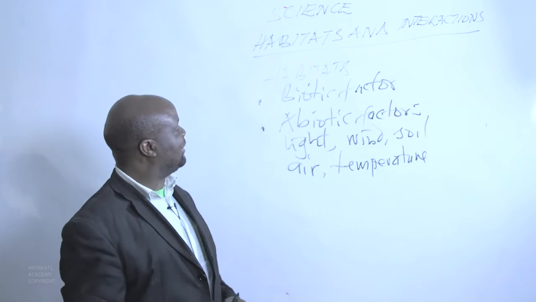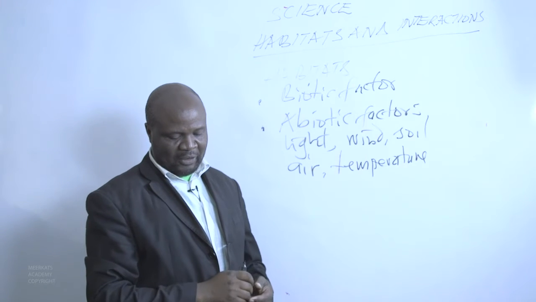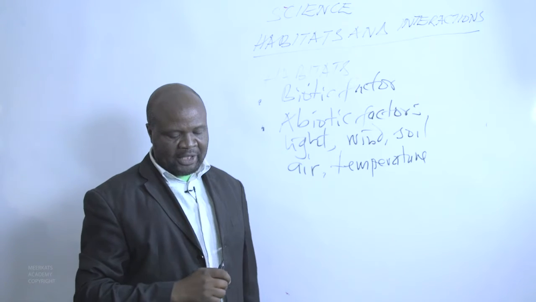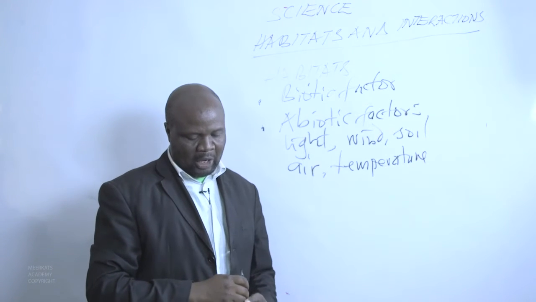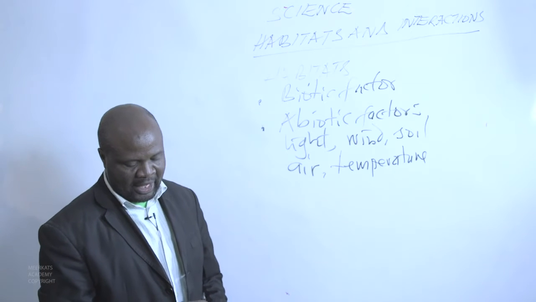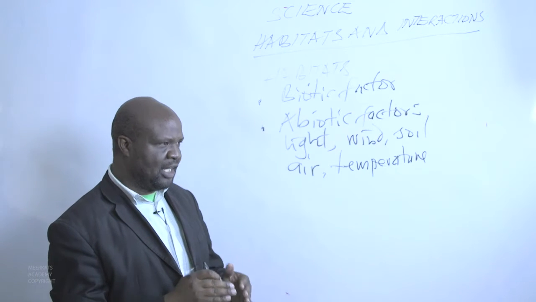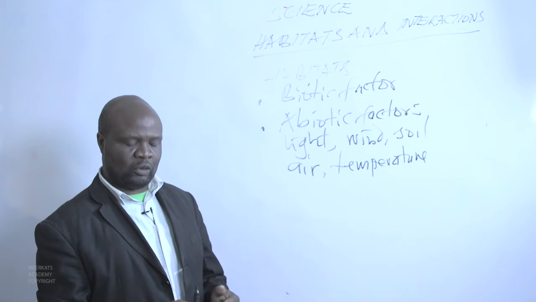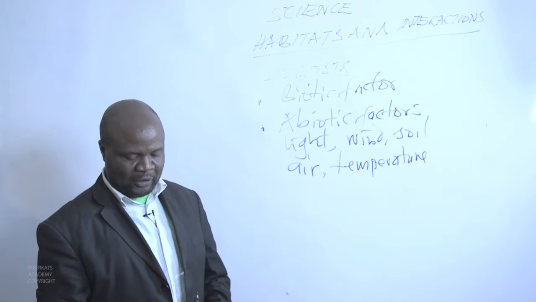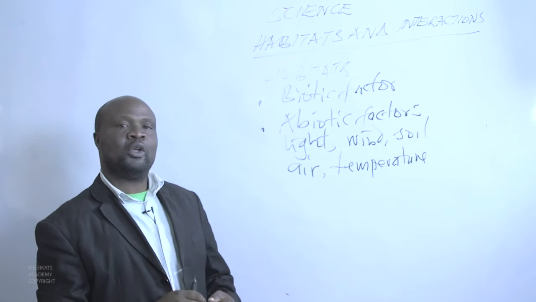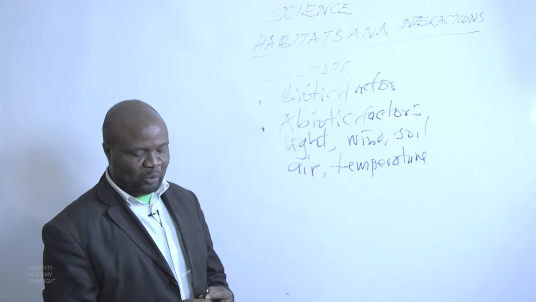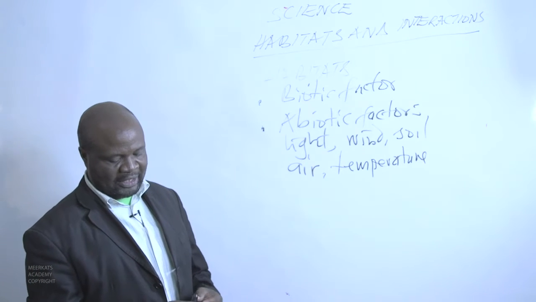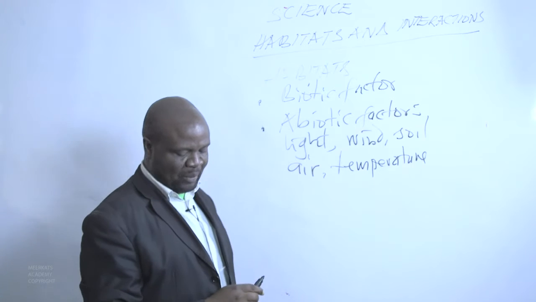The number of organisms staying in the same area or in the same habitat will vary from time to time depending on the availability of food, water, living space, and mating partners. What happens if the same type of organisms are staying in the same area and they happen to be many? Of course, there will be war, they will compete and they will fight for space, they will fight for food and so forth. Those that will be defeated will be forced to migrate to another area where they can exist, and if they do not migrate, then they can be killed. That's competing and survival of the fittest.